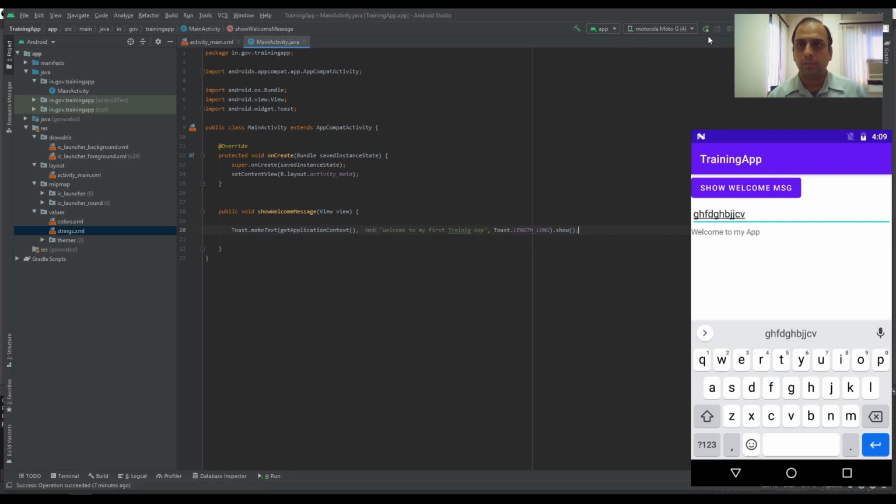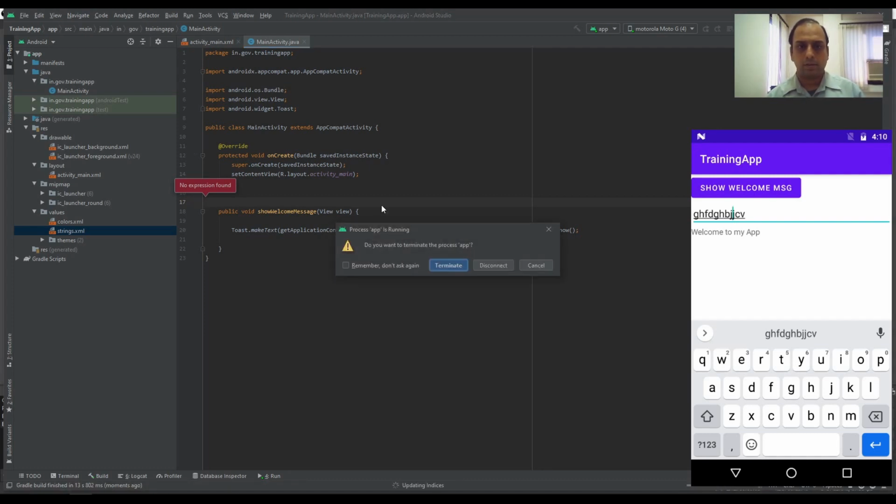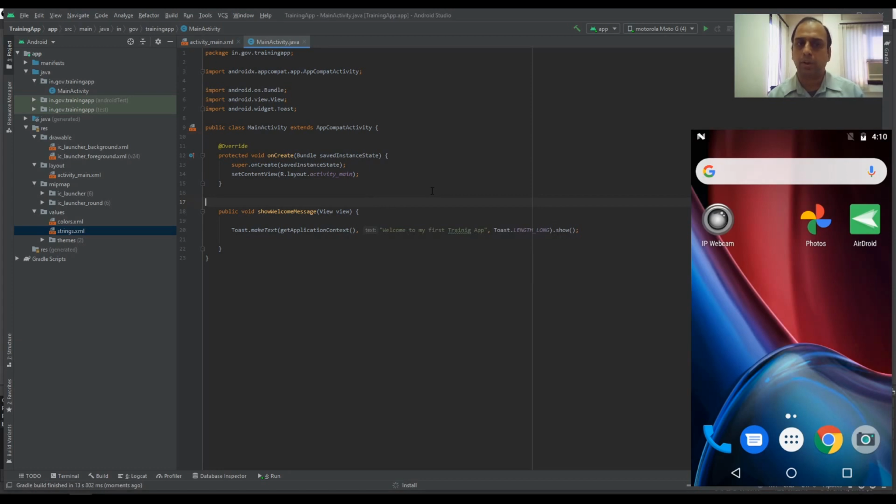Click on this button, run app. It will again install on your device. If it asks to terminate the existing app, you can terminate it and then run it again.